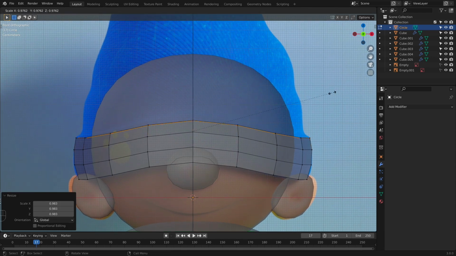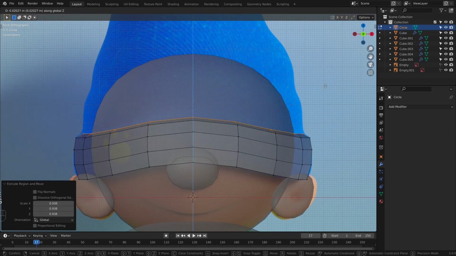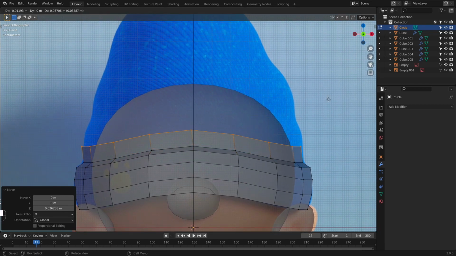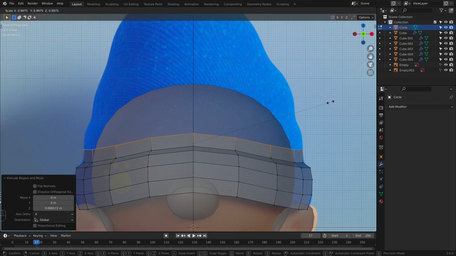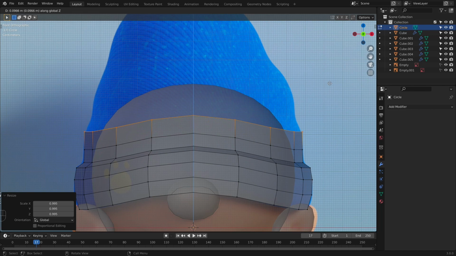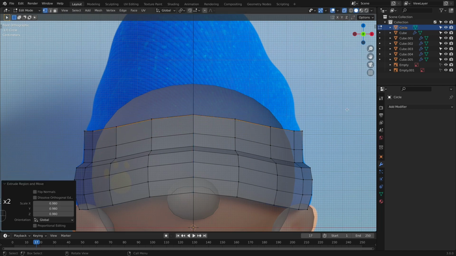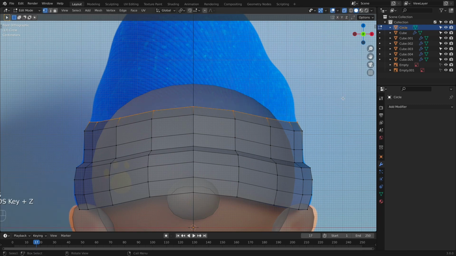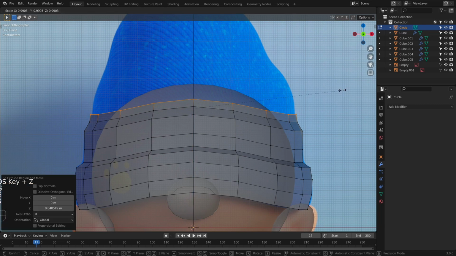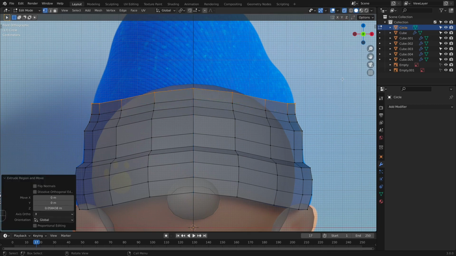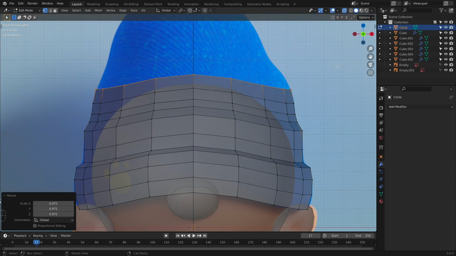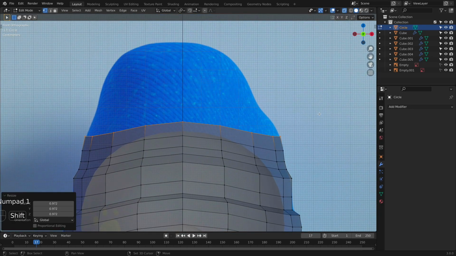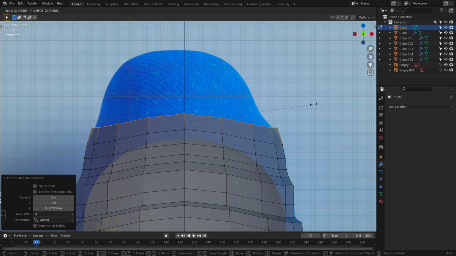Now I'm going to extrude and scale inside, grab it a little bit, and that is all that I'm going to be doing. So extruding and scaling it outside, like so. We are going to make slightly curves inside here by scaling it down. So you can see that I am trying to follow the reference image all the way